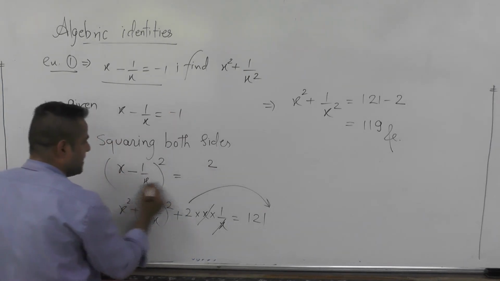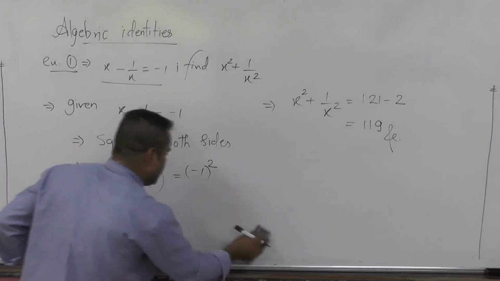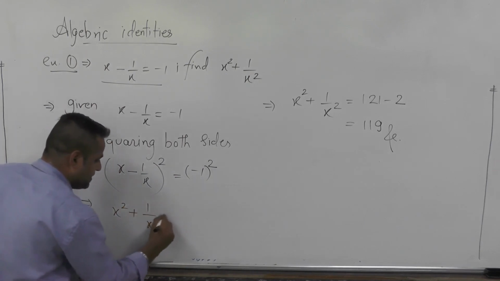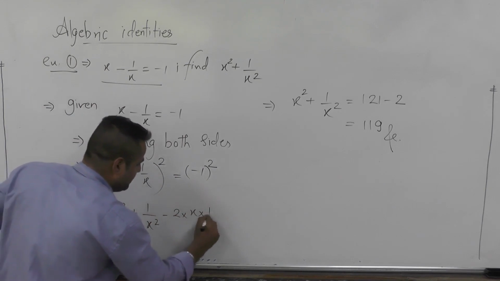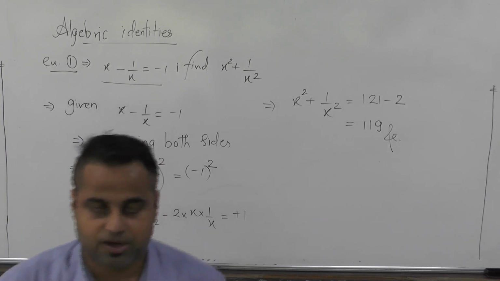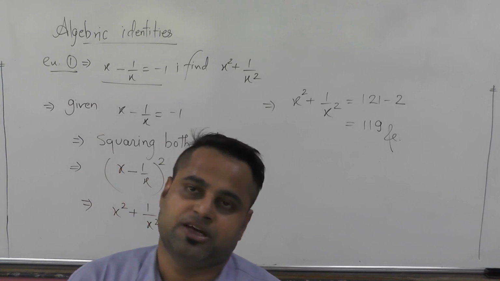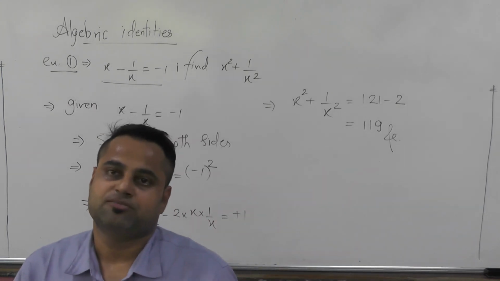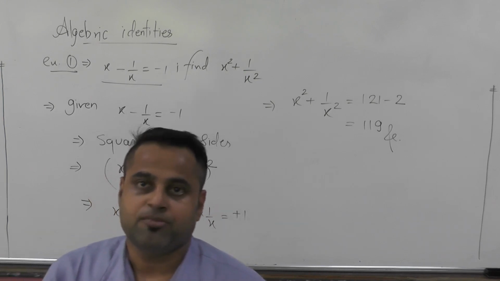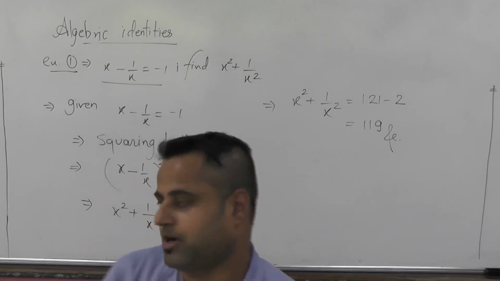So here x minus 1 by x comes, and here minus 1 square will come. By applying the identity, the first two terms stay the same, a square plus b square, then minus 2ab will come. If you remember that formula, in a plus b whole square, a square plus b square plus 2ab will come, and when a minus b is there, a square plus b square also exists, but minus 2ab will come. Wherever b has an odd power, a minus sign will come. Whenever b has a positive or even power, a positive sign will come.